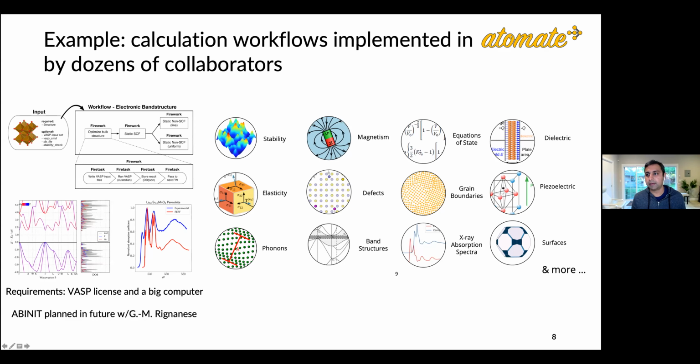And then it will also take care of running that on the supercomputer, parsing the results into a database, and helping you plot the results. So we now have workflows for many different types of calculations. Right now, Atomate is really VASP-centric, I would say, but we've been working with Gian-Marco's group to actually get Atomate released in the future as well. So that way you could do everything fully open source without having to buy any sort of license whatsoever. So yeah, we're working more on Atomate. We're actually working on something called Atomate 2, which is an even more user-friendly way of doing some of these things. But we're happy to answer more questions about that if you have them.